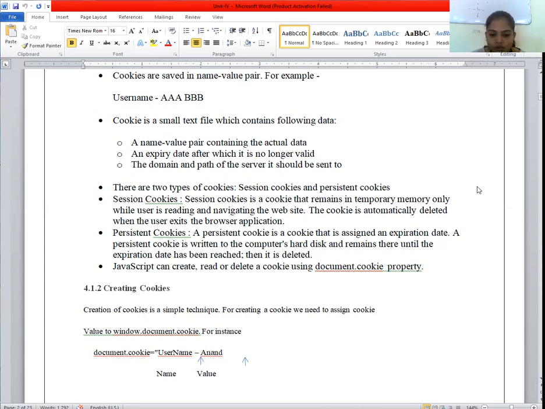No. What is a persistent cookie? A persistent cookie is a cookie that is assigned an expiration date. A persistent cookie is written to the computer hard disk and remains there until the expiration date has been reached. Then it is deleted. Correct?